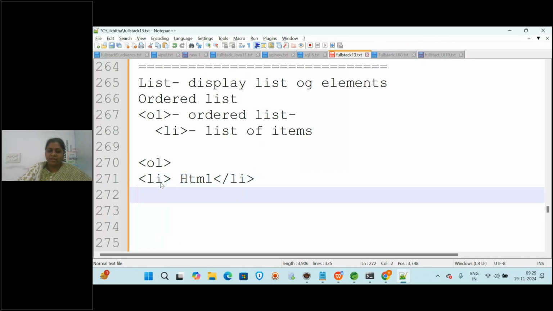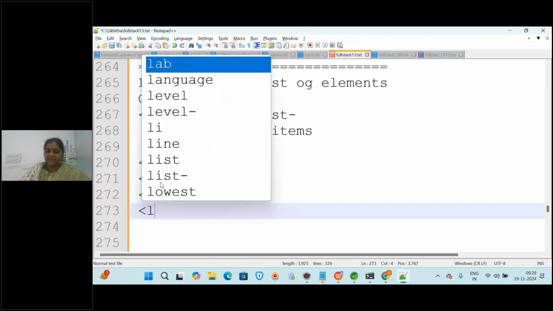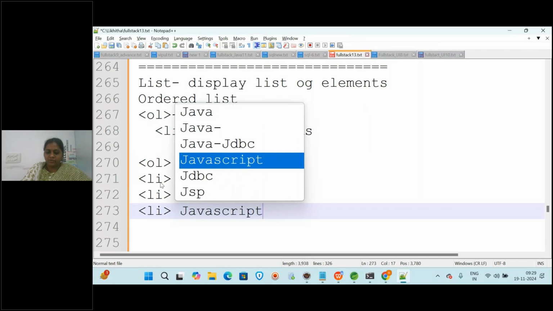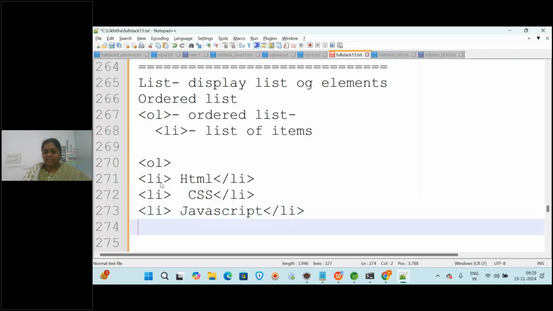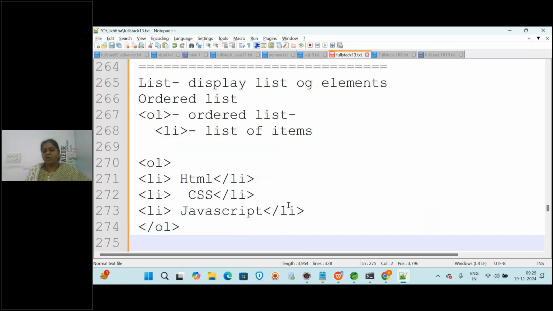And again I'm writing one more list tag Li, and here I'm going to write like CSS, and then close the Li tag. Again you are writing the Li tag here, and here you are going to write like JavaScript, and then you are closing the Li tag, and then finally close what? OL. Means in list, however many list items you want, you can write that number of Li items, and finally you are done. Then you can close this OL. Clear everyone? So this is what kind of list? Ordered list. So now let us write this example.